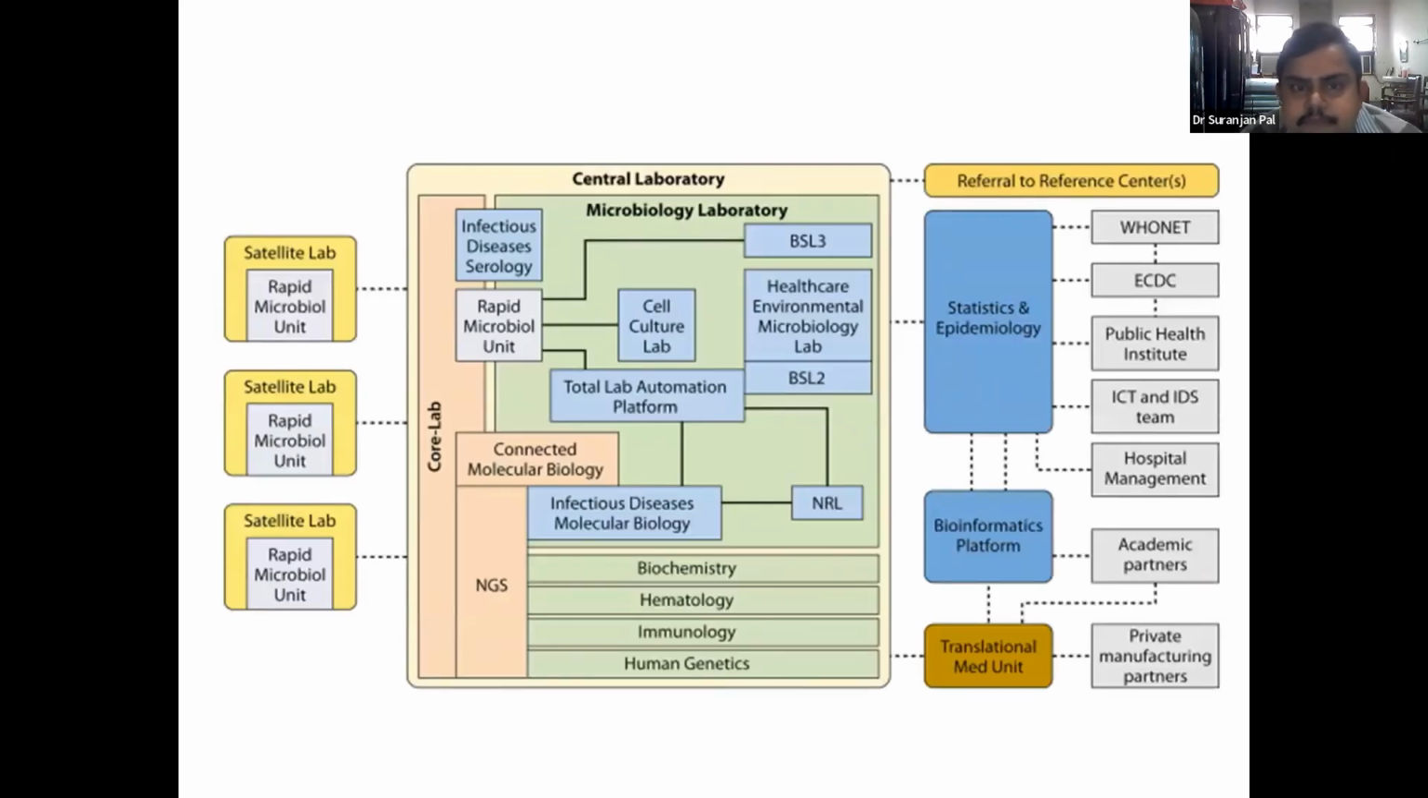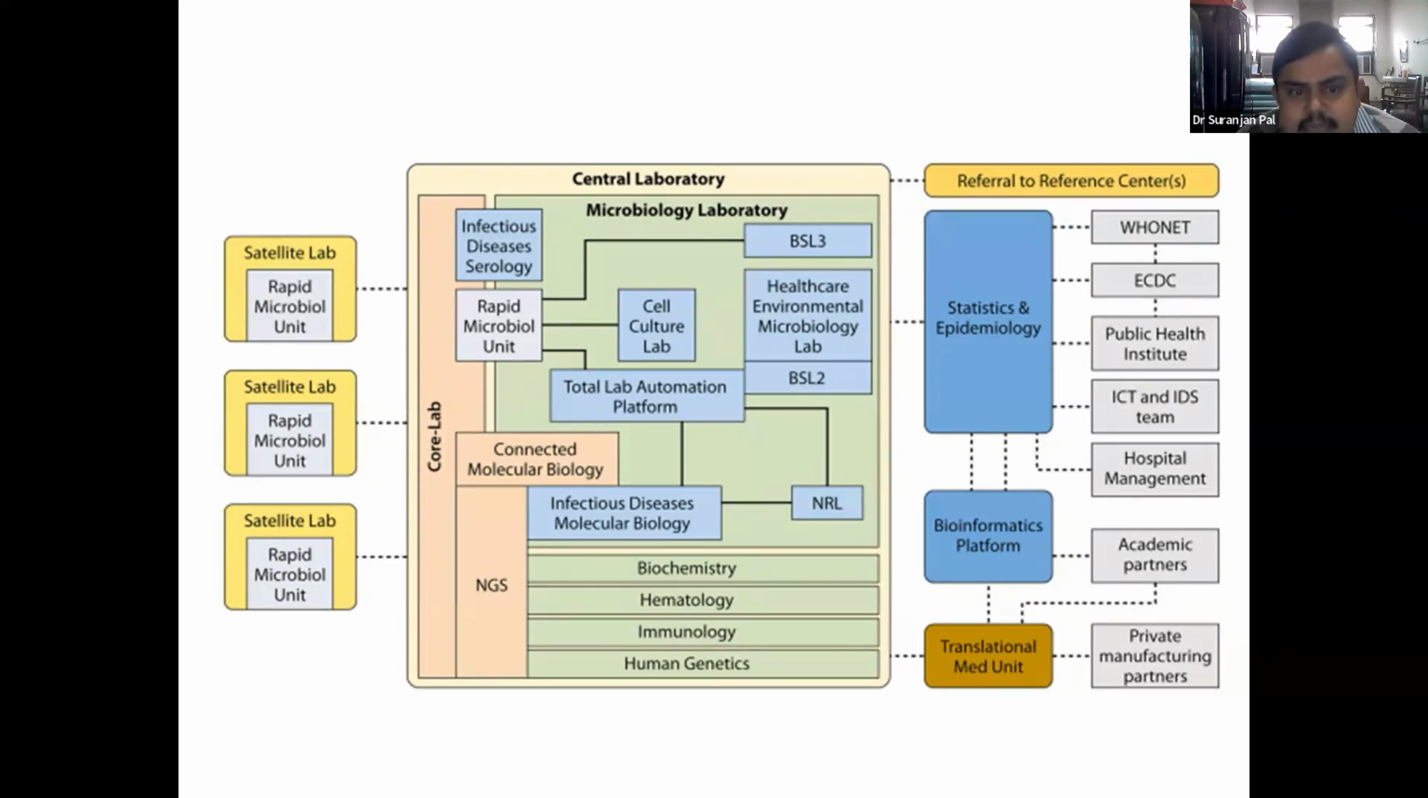Next, what will be the future of a microbiology lab? There will be separate satellite labs where they will do rapid microbiological tests, and we send the sample through an enhanced transport system like a pneumatic tube system. Then it will get to a central lab where infectious disease serology and rapid tests will be done. Then it will be connected to the total lab automation platform where culture and further tests will be done,